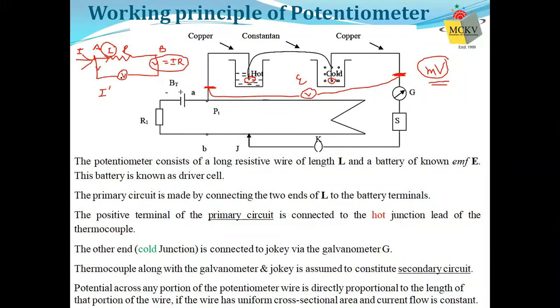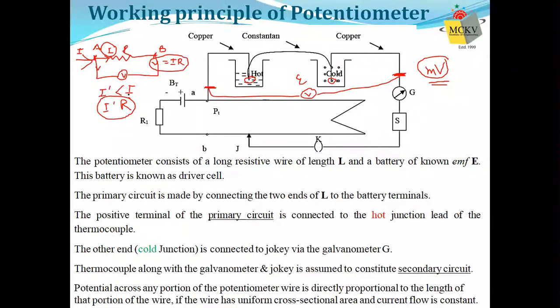Since the voltmeter has a high resistance, a small amount of current will flow and the rest will flow through the resistance. So now the current flowing through the resistance is not I, but I dash, which is less than I. So what is the potential difference now across the resistance? It is I dash R and not IR. So there is an error involved. Though the error is very small, because the current that the voltmeter draws is very small, I dash is not much smaller than I, but still it is smaller.